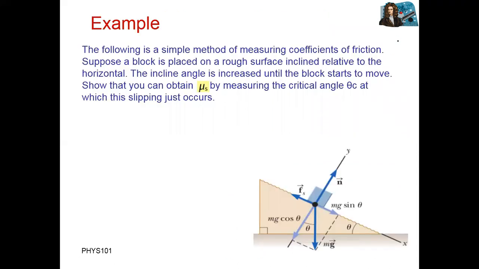Okay, now we are going to solve some examples, finding the relation of static friction or kinetic friction. It depends upon the angle theta. How does it depend upon angle theta? In what way does it depend upon angle theta? In this example, we are going to discuss the relation between static friction and the critical angle at which the body starts motion.